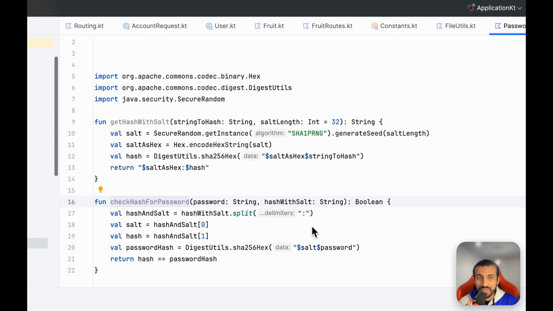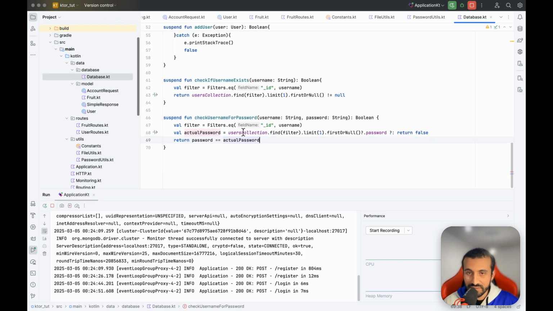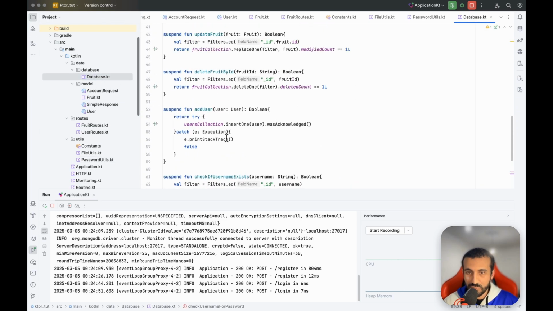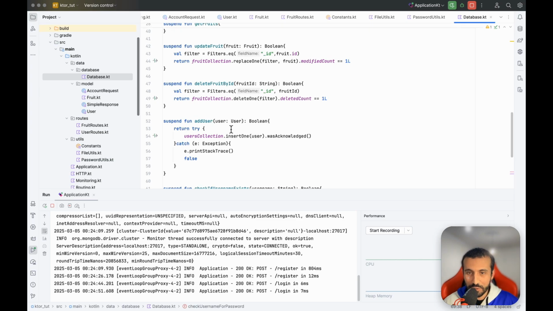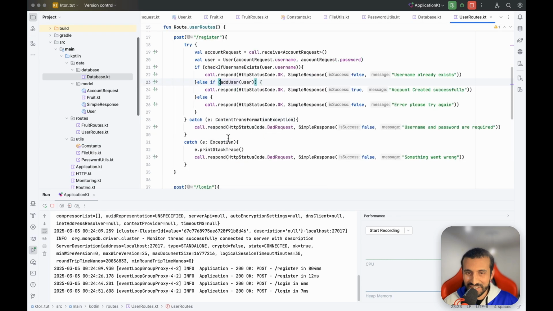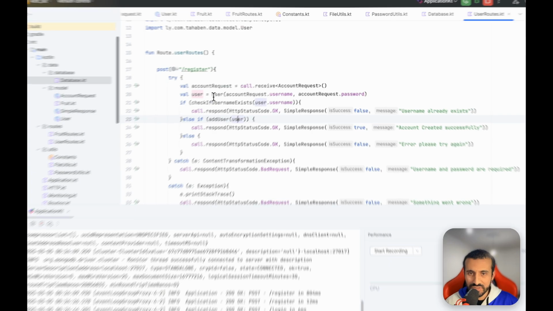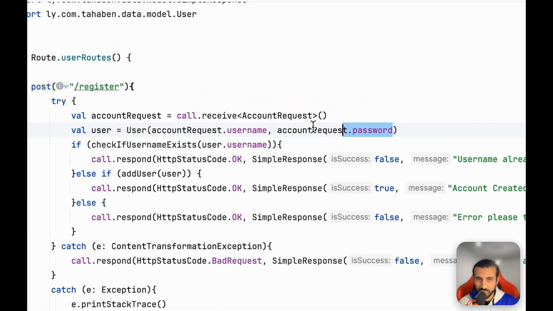Okay, so let's use these two functions. First, go to database.kt, where we save our user, where we insert the user into the database. Before we insert, hold Control and click this, and go to the register route. So where we use this, before we create a user with the plain password,